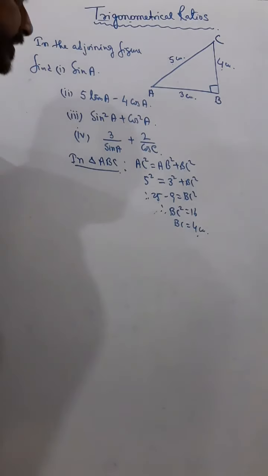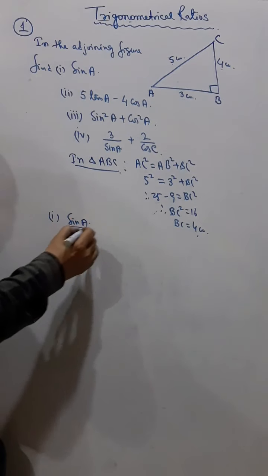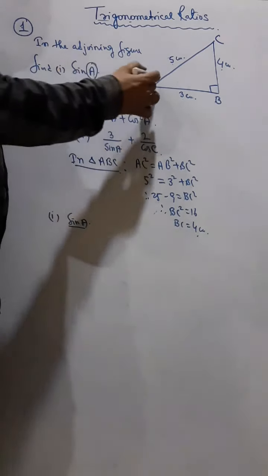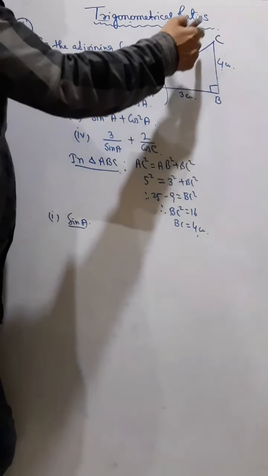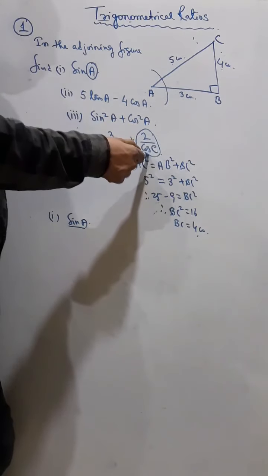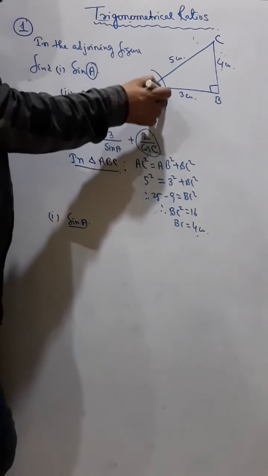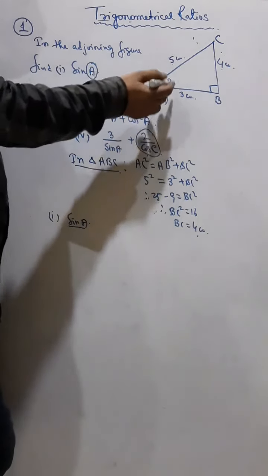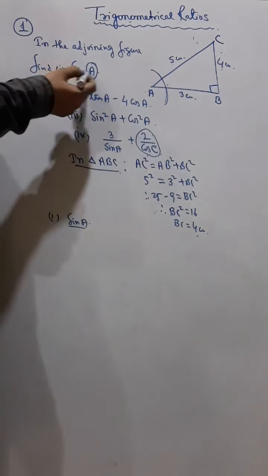Okay, number 1 they told sine A, and as I have told you, it is very important to understand with respect to which angle. They told sine A. They can also tell you sine C or cos C with respect to this angle, so you should be careful. Since they told A, that means we take this as the reference angle, so this will be the theta. Here theta is not given. Sometimes they give theta, sometimes they give x or y or any other variable, and sometimes they may not give any, they can directly ask you sine A.